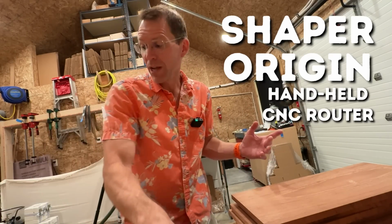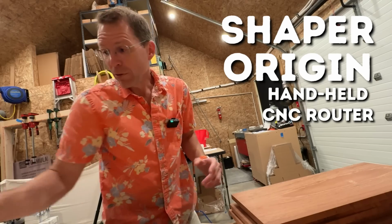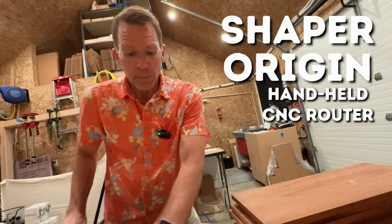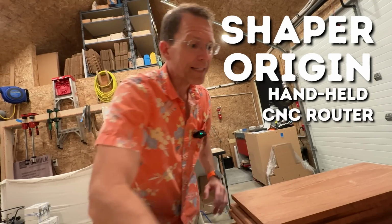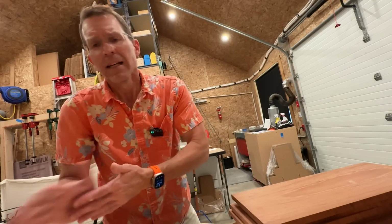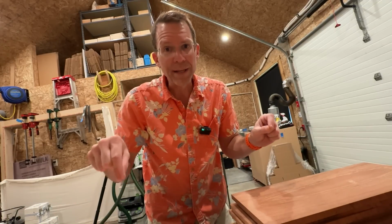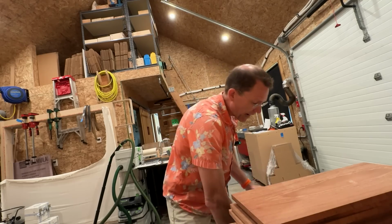All right, I got my wood marked up, and we are going to use that Space Age tool, the Shaper Origin. The Shaper requires everything to be on a level playing field, and I've got to use that special shaper tape. Let me just say that I need to set up an area where I'm not going to worry about the router bit going through the material, and I don't want to carve up my wood here. So I've got this